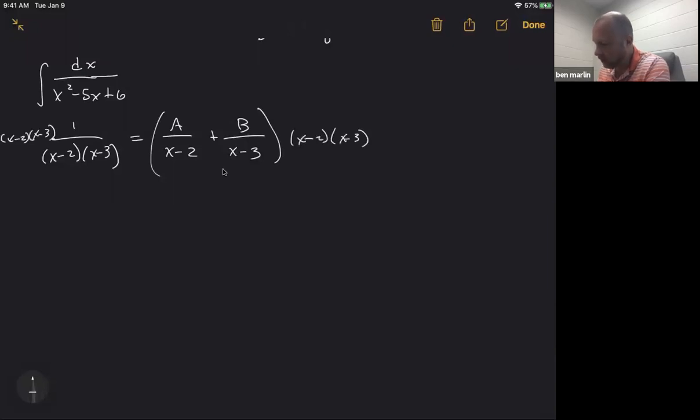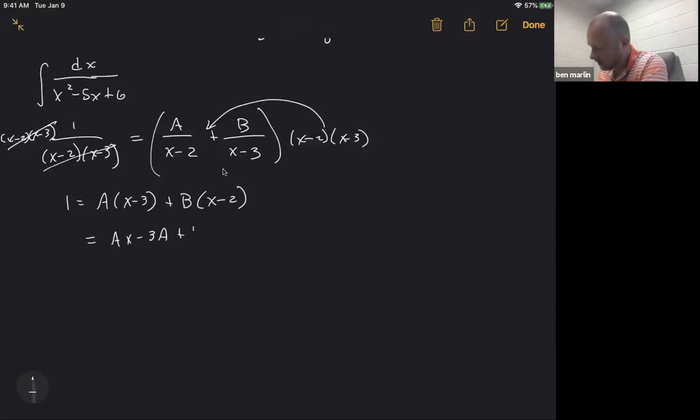Of course, on the left-hand side, it just cancels out and you've got 1. On the right-hand side, you have to distribute, and when you distribute in here with the a, the x minus 2's will cancel. You have a times x minus 3. You have b times x minus 2, because it will cancel the other part. So this method that always works is to go ahead and distribute, and then to collect together